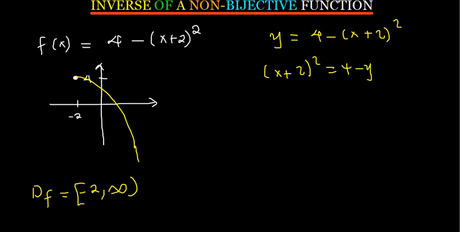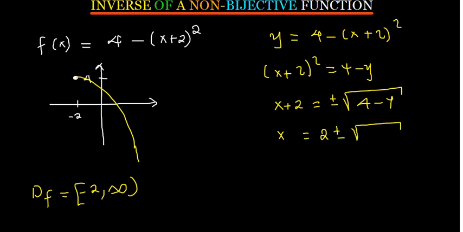And then square root both sides. So we're going to have x plus 2 being equal to positive or negative square root of 4 minus y. Take 2 the other side. So x is going to be 2 plus or minus square root of 4 minus y, meaning that the inverse